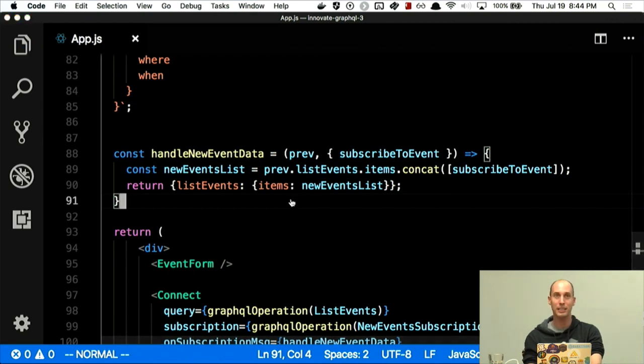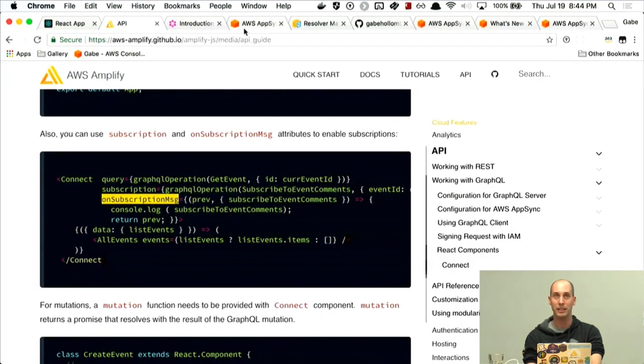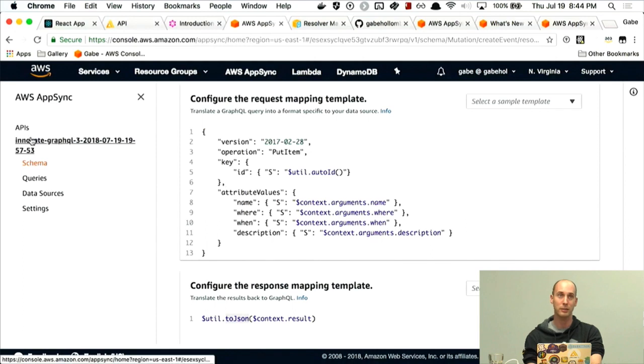And lastly, what we need to do is teach AppSync about this subscription, because this is not the standard subscription that comes provisioned in the default schema for us. The standard subscription, as you can hopefully see here, let me give us more space, is for subscribing to event comments, which again, for the purpose of the stream, I didn't want to get into comments. I just want to get into events. And so I believe I called it subscribe to event. Yep, that's what I did in my code here, so I'll make it the same. It doesn't need any parameters because it's just going to subscribe to all events. It's going to return a data type of event. And here we have this